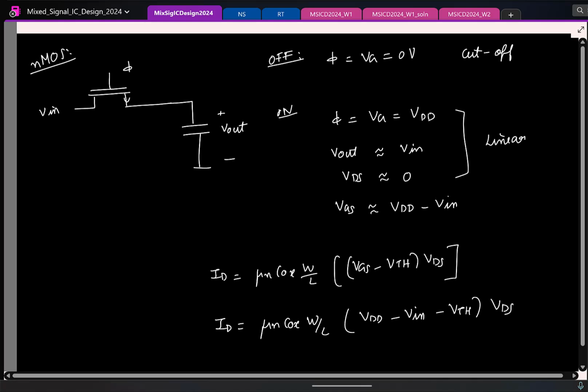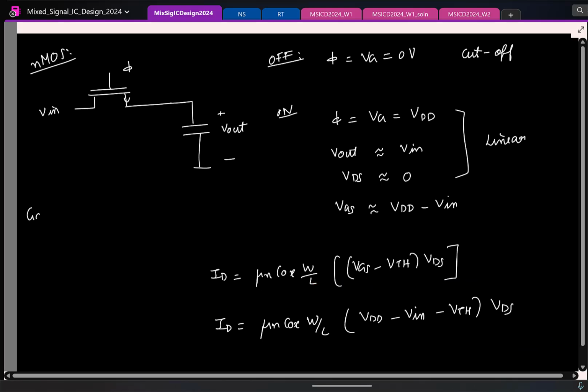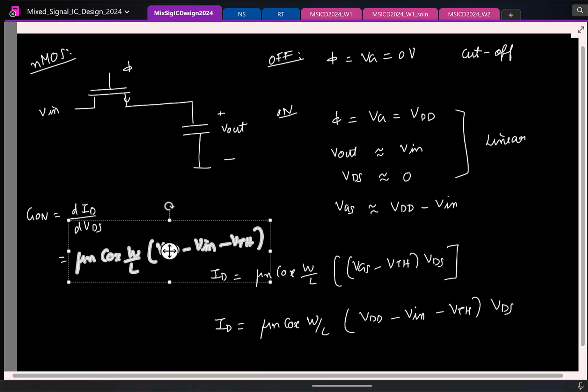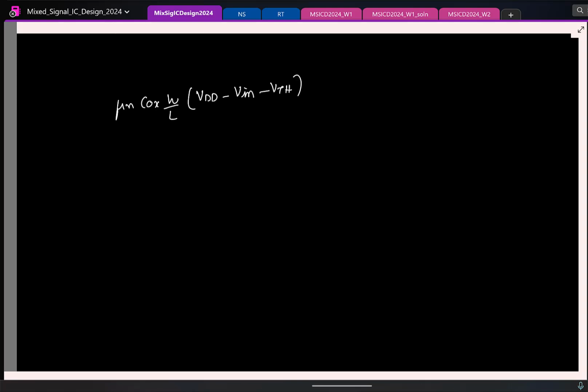So let's say you want to find the on resistance of the switch. You take the derivative of this with respect to VDS. So the on conductance will be what? Yeah, this is the derivative. It's a linear thing, so it's just nMOS W by L, VDD minus Vin minus VTH. Okay. So now if I quickly sketch the on resistance, let me take it to the next page. My on resistance is the inverse of this,